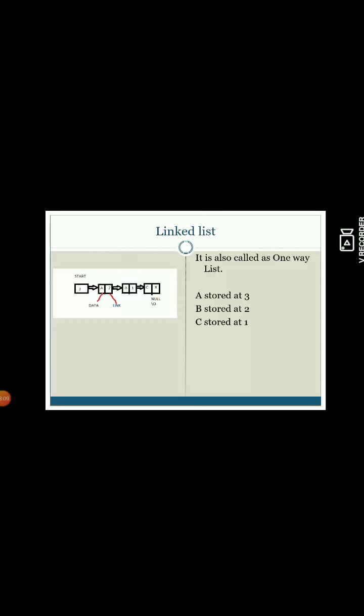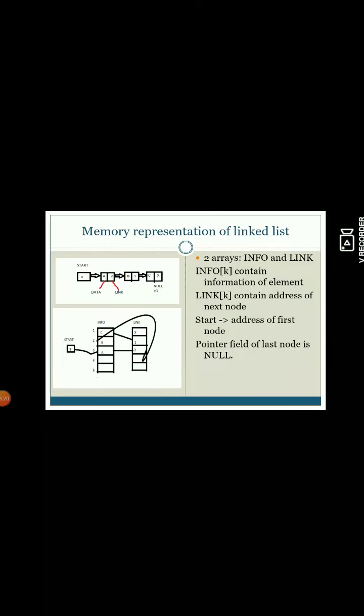Just as arrays are always stored in memory in sequential memory locations, records are stored in memory with parallel linear arrays of elementary items. So now we will see how to store the linked list in computer memory. For that purpose, I require 2 arrays, info and link. In the bottom left-hand side, I am making the representation of the linked list in computer memory.